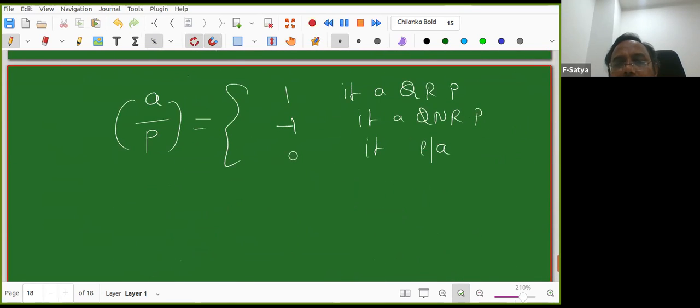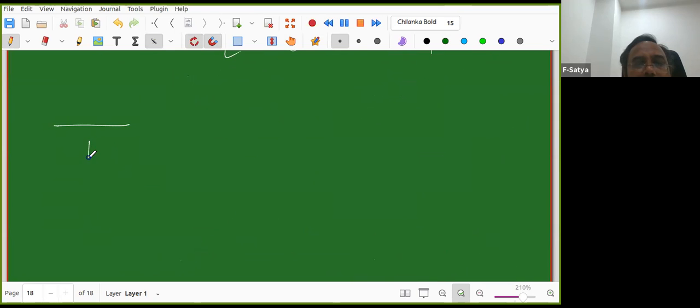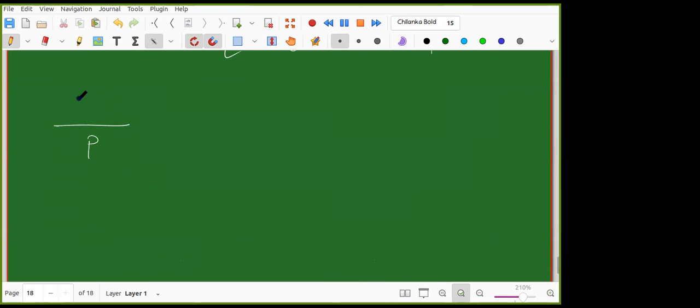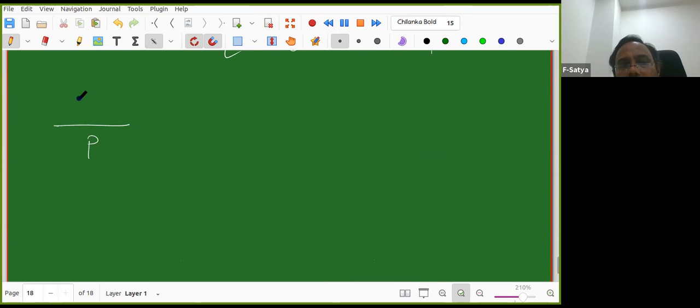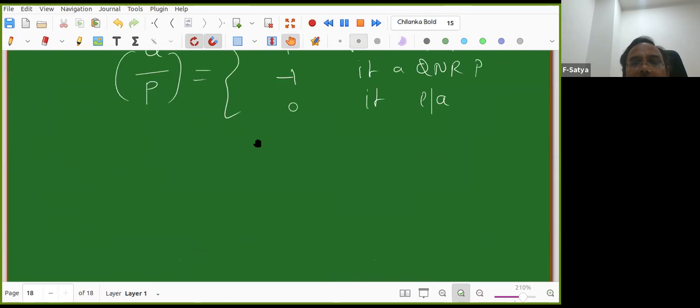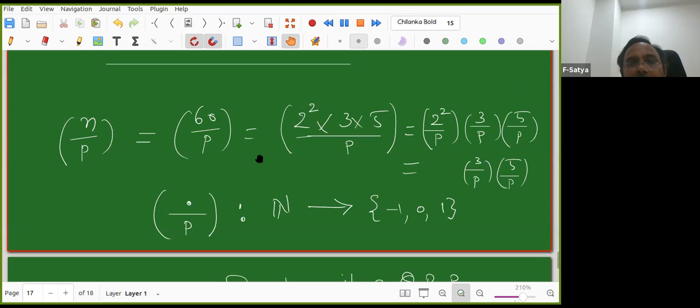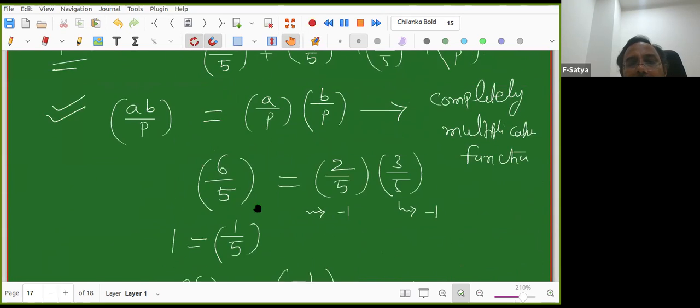So then where do I have to compute when I give a prime here? It is sufficient to compute for any prime, prime by prime. But p is an odd prime. So which primes do I have to compute? 2 also, but 2 we already computed separately. Now other primes. So that is what the Gauss lemma is, Gauss theorem, the quadratic reciprocity law. You understand? So everything now boils down to this (p/q).